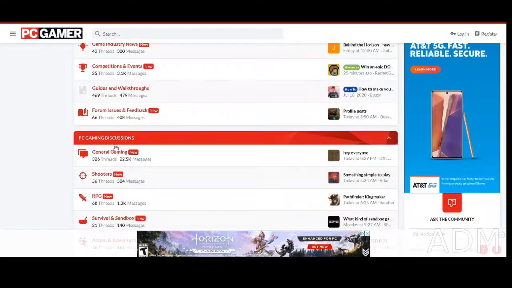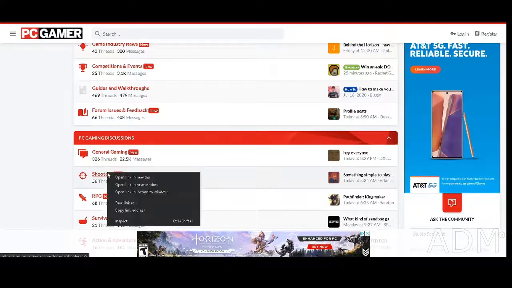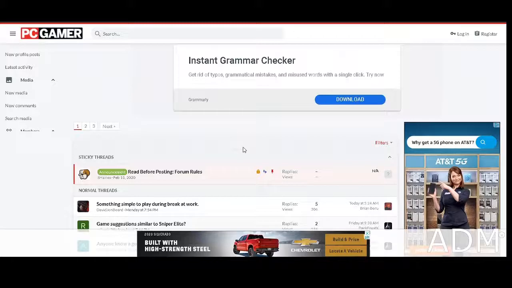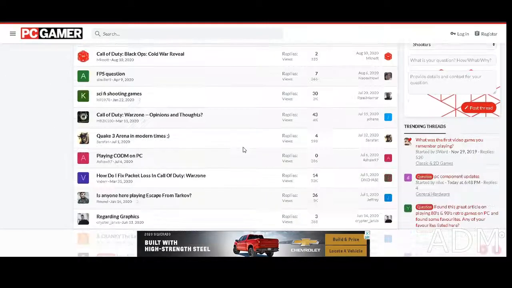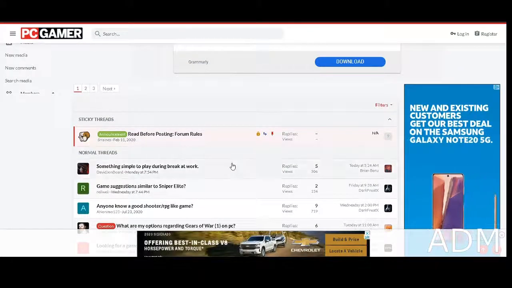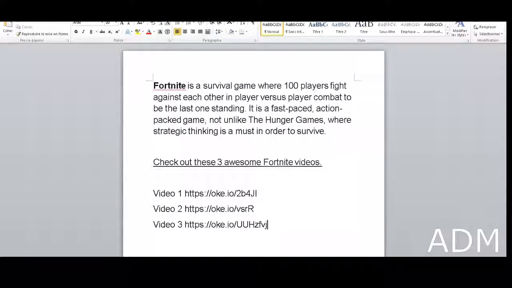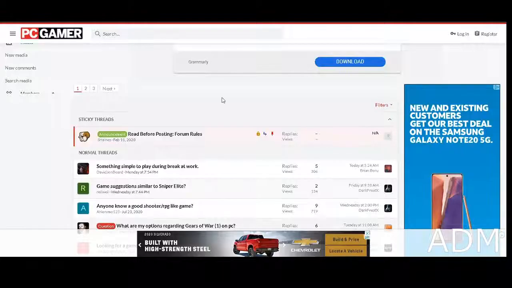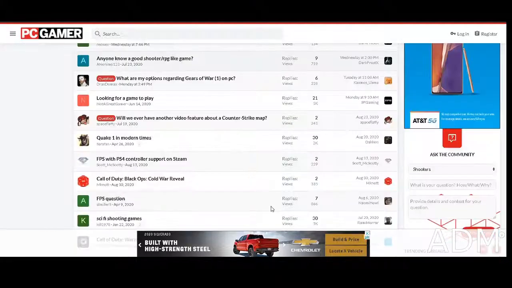So you want to come over here. As you can see, general gaming, shooters. Maybe you want to go onto shooters. For example, you want to click on shooters. You can go onto general gaming, and then here we are on shooters. So you want to join any of these, and you just want to actually paste your document. You actually want to paste all of this information onto the forum, and people will just actually have a read,